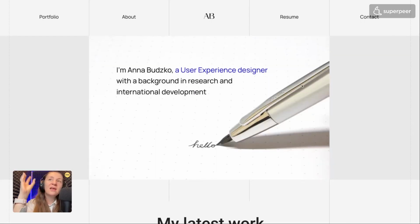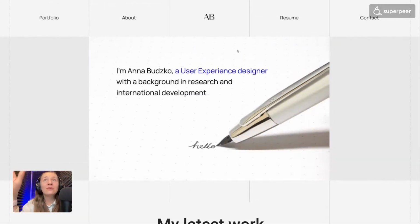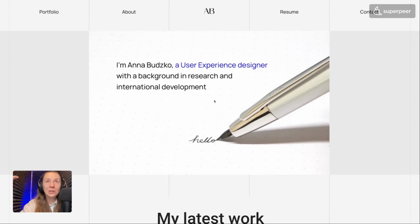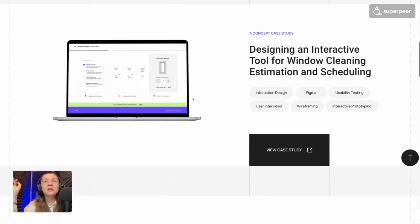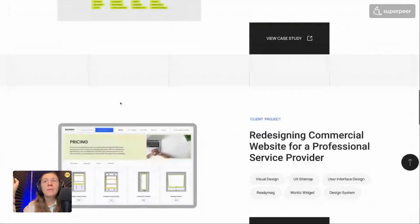And like I said, I definitely would love to see your photo here, because this pen strongly gives me stock image vibes, and I don't think you want to communicate that you are a stock person. You just want to show your personality right away. But it's a very interesting layout. First of all, I already like how it looks generally, because it gives me an idea that you will not have the same default portfolio like everybody else has. So I'm excited to start going through it. Interesting layout, really good start. Honestly, as for me,